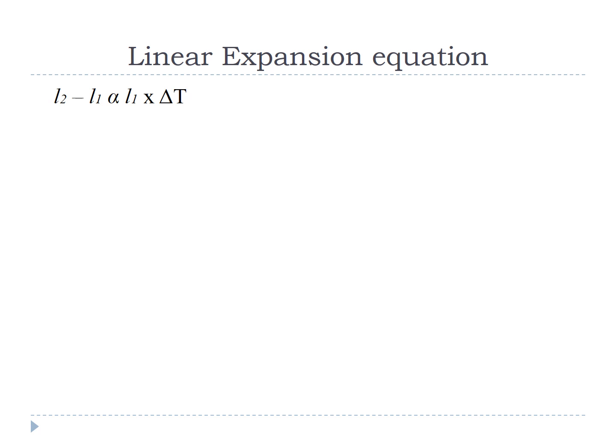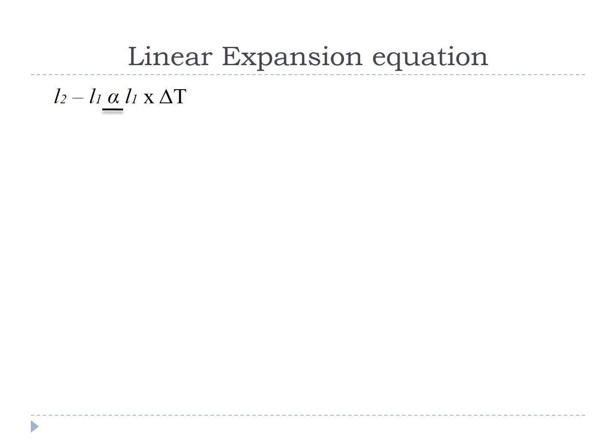This increase is directly proportional. Now what is the meaning of directly proportional? How much the rod has increased depends upon certain factors. It depends upon what the initial length was, L1. If the rod was long, the length increase will also be more. If the rod is small, the length increase will also be small. So the more the length of the object, the more will be the increase in the expansion.